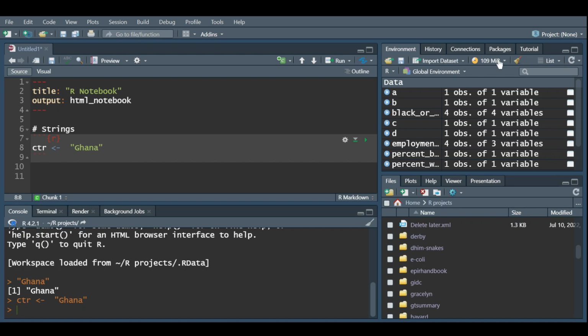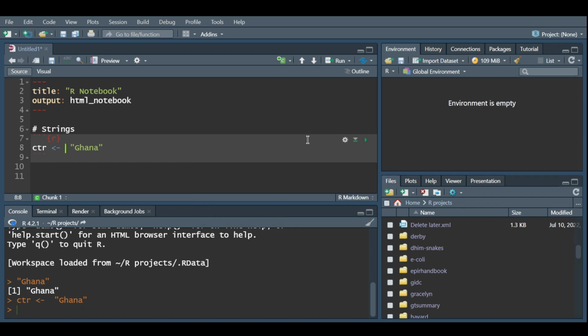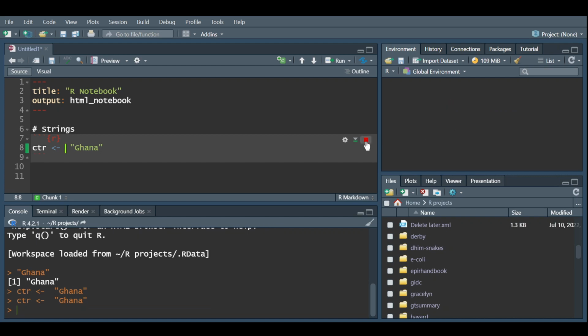I'm sorry, let me just get rid of my environment. Okay, so our environment is empty. The environment is the memory that was allocated to R. So we'll run it again and you'll see that there is a variable called CTR which holds the value Ghana. Each time we type CTR,